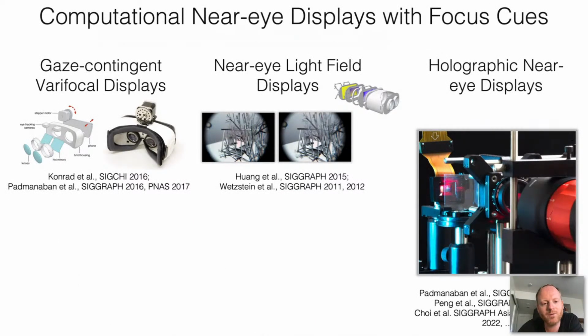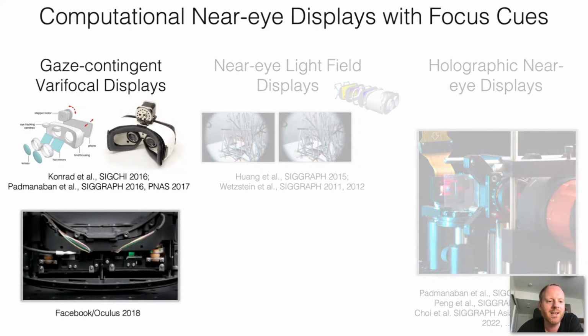So my lab has worked on this for many years, so I'll just give you a brief overview of some of the things we've been touching upon over the last couple of years. There are many different technologies that could be used to address this challenge. Probably the simplest one are gaze contingent varifocal displays. So if you know what distance the user looks at, you could try to adjust the focal plane of the display to exactly the fixation distance or the gaze depth. And this is something that we explored in 2016, 2017. We had the SIGGRAPH Emerging Technologies demo. We published a couple of papers at various